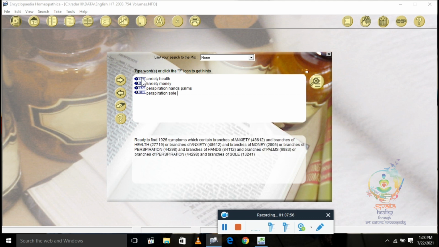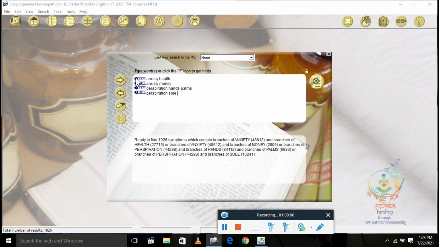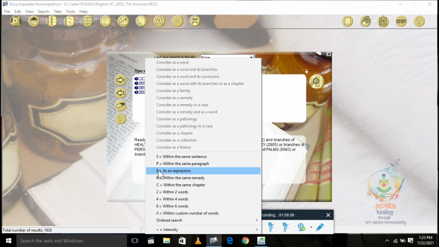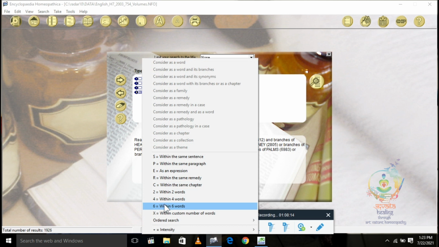See, I am searching 4 symptoms. These are not rubrics, just the words I have put. So I am searching for all of them within 6 words.